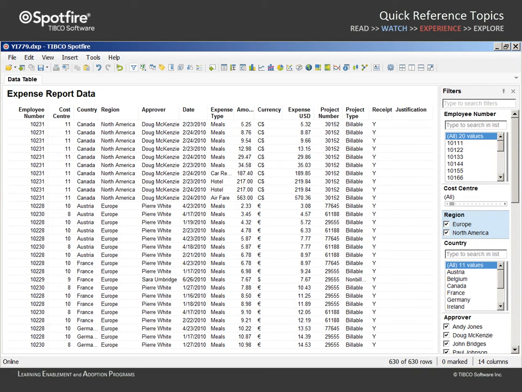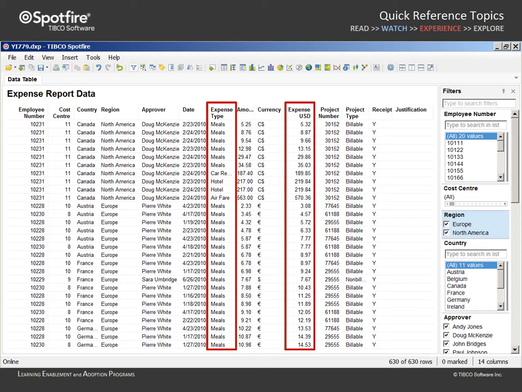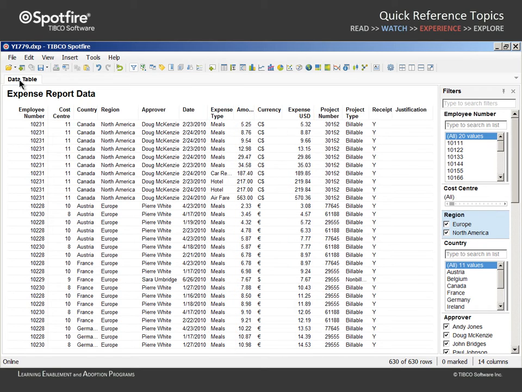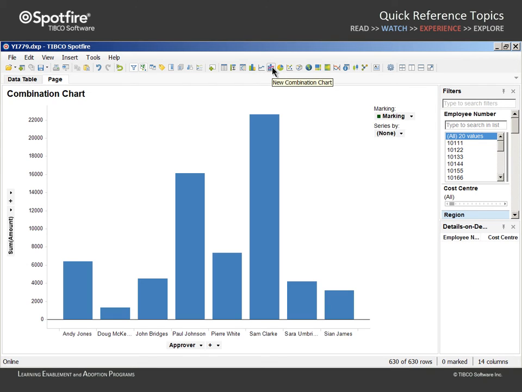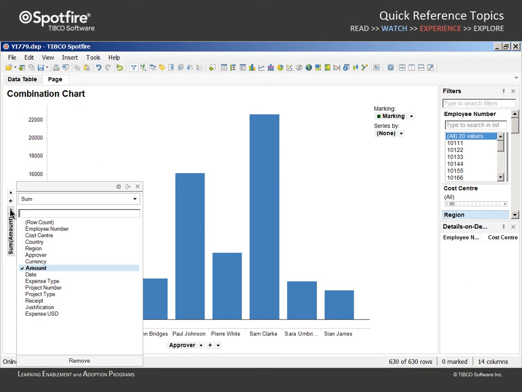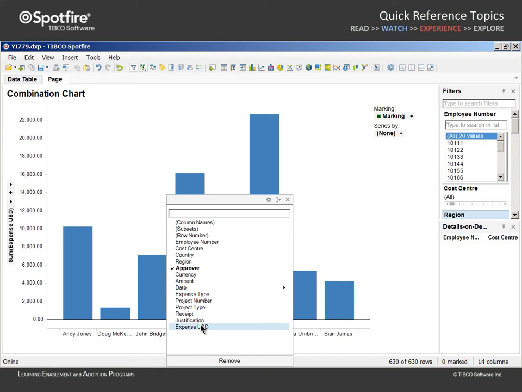This demonstration is based on data extracted from an expense reporting system. You should take note of the expense type and expense USD columns as they will be used in the construction of our Pareto chart. Let's insert a new page, and on this page, we will insert a combination chart. We'll change the y-axis to be the sum of expenses in USD, and the x-axis will define these bars by